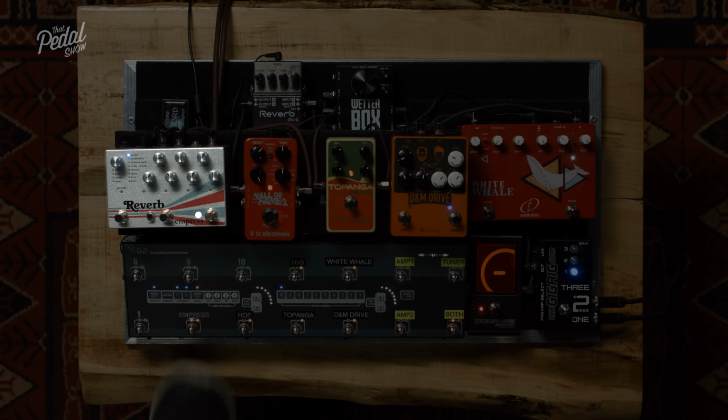Really lovely. Okay, so moving on to number 8. Taking that sort of approach and expanding on it, we touched briefly on things like shimmer reverbs. This is basically creating a sound that doesn't sound like a guitar by getting one of those really full-on affected harmonized reverbs and turning off the dry sound, basically killing the dry. You probably start with some sort of impulse response of a space, and then you add extra digital effects to those trails. So this is using the sparkle in the Empress reverb, and I've basically got it mixed to 100%, so there's no dry signal in there. And when you hear it like that, you get...